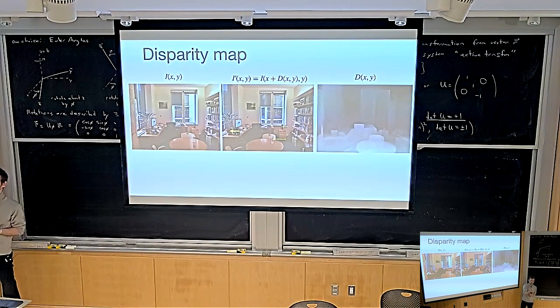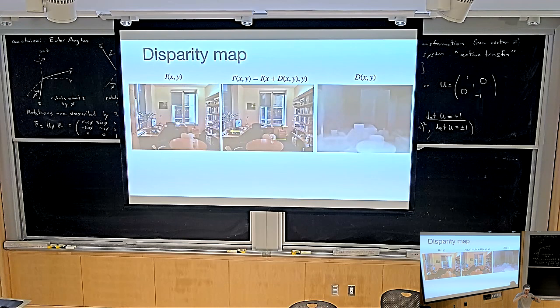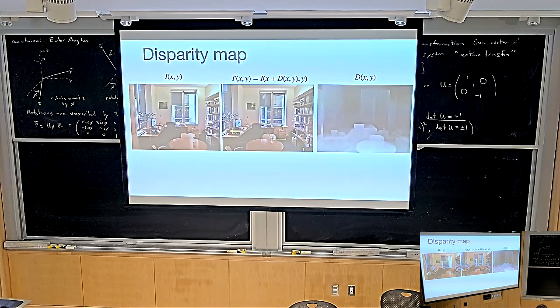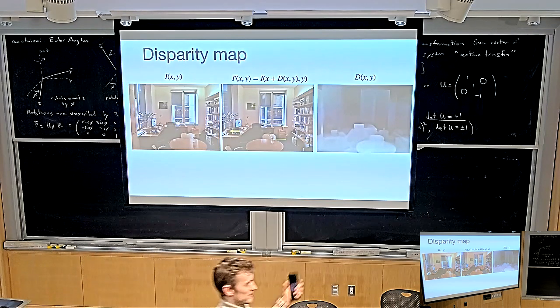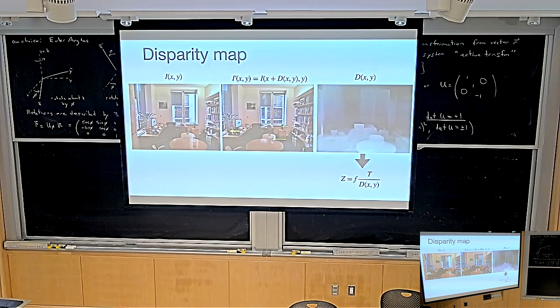Things that are close have large disparity, which just means that things that are close move more when you close one eye versus the other. If you look at something that's close by and you open and close one eye, then you see that things that are closer to you move more. That's because they have more disparity. And then the depth is exactly the inverse of disparity. So the depth would look opposite to this.